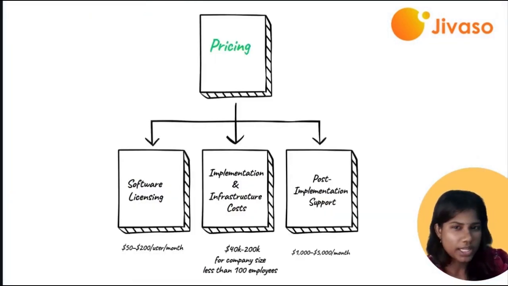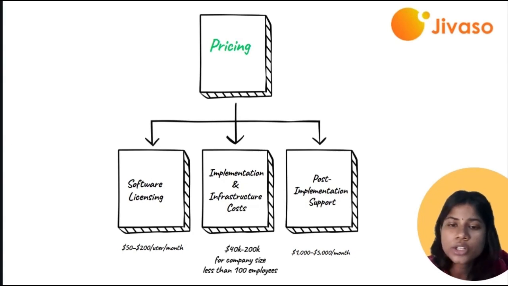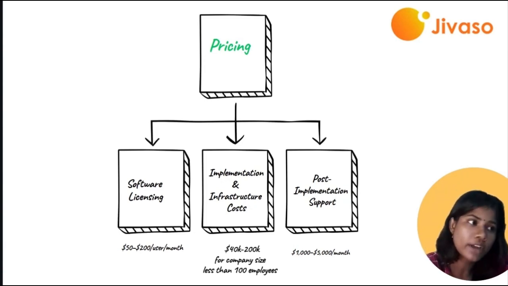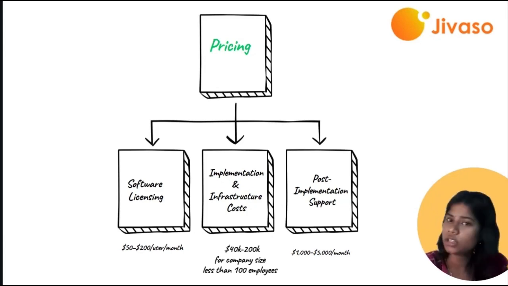So, how does the pricing work? When it comes to the ERP, there are three major cost buckets. First, we have the software licensing fee. This is typically charged per user per month. This can range from $50 to $200 per user, depending on the selected ERP and the features that come along with it. For example, Odoo offers an all-in-one pricing model that includes full ERP features at a flat rate. So even if you'd like to have any add-ons or customizations, that can be included in the same base pay that you have for Odoo.